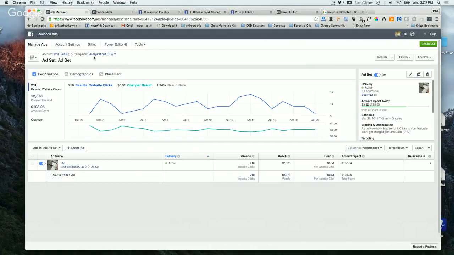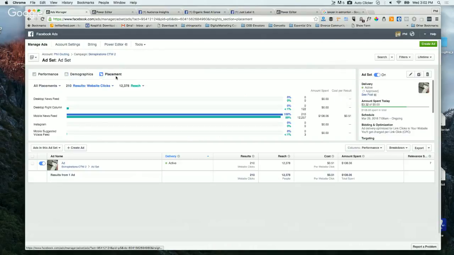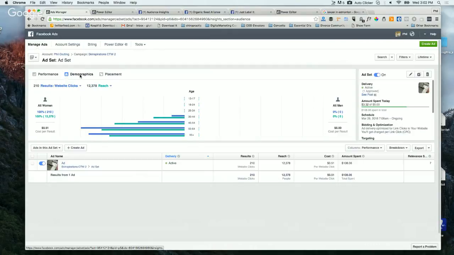Additionally, when you're looking at your ads for review, you can click on these buttons at the top to look at the demographics to see which demographic is performing the best, and also the placement. Now yours won't be anything different. It'll show only on the mobile news feed, so the placement won't be of any help. But basically, this is just showing you the different information that you can gather after and while your ad is running to help you determine that, yeah, you know what,